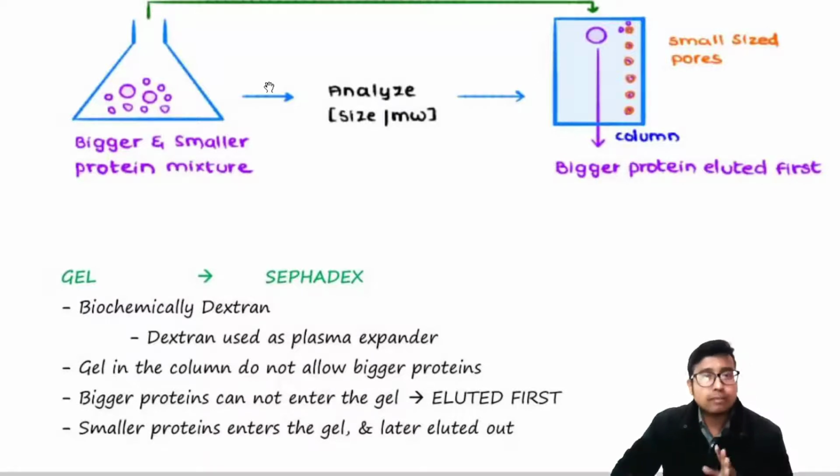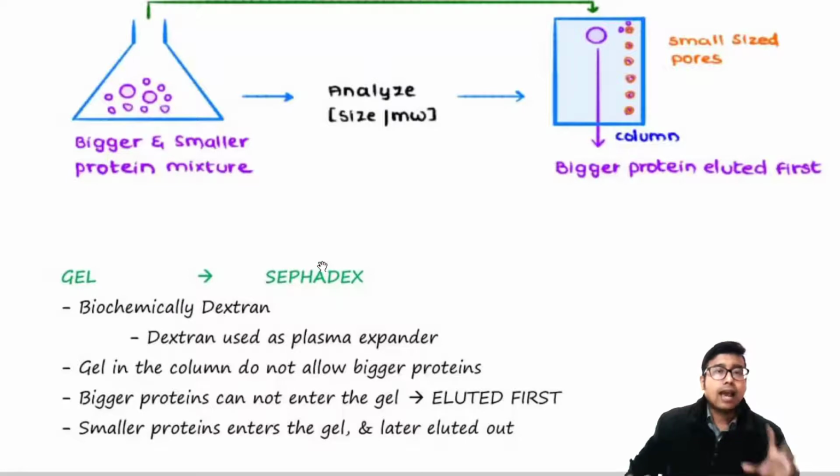First, a few things about gel filtration chromatography. The gel is actually Sephadex. You should know this name, Sephadex, and generally it's basically a dextran, the same that you have heard about as low molecular weight dextran, which is used as a plasma expander, a volume expander in case of hemorrhage, bleeding, etc. So what happens is, the gels are like beads, all right? Multiple beads make up a gel column, right?